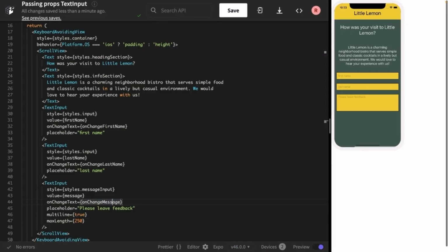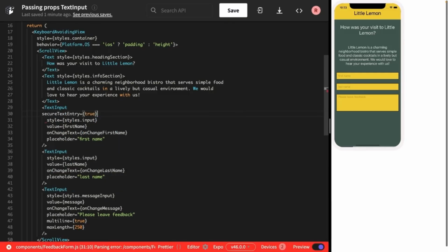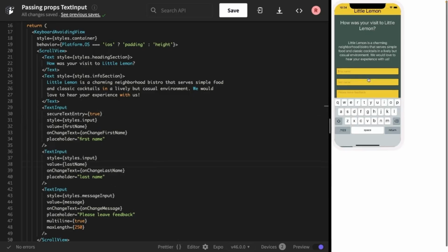If you were designing a login page, it would have to have a password field. For fields like that, you can use the secureTextEntry prop to obscure sensitive text like passwords. The default value is false. But if you want to, you can hide this information by using this prop, right? Let's apply this to the first name text box just for demonstration purposes. If I say secureTextEntry equals true, you'll notice that what I'm typing is not visible, and that's how a password field works. For now, I'm going to remove this property because I don't actually want to hide the